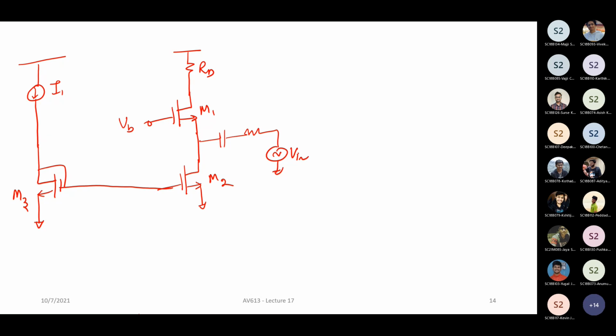Now the question is, what happens to the noise of the circuit when you are going to have your current source implemented as a transistor? Now, if you look at the Vn in squared, what did we do? We short circuited the output, right? So which means that the noise of M2 is also short circuited, correct? So this is the point that we short circuited.